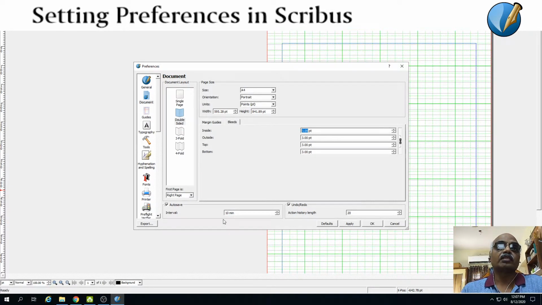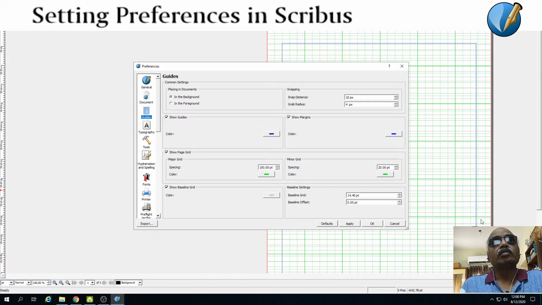And then autosave interval, again the default is 10 minutes. Ideally, if you are working on a large document and at a really feverish pace, you should reduce this to either 3 or 4 minutes, so that every 3 minutes the software will auto save your work, instead of you clicking the save button every now and then. The software itself will save your work. So the default interval is 10 minutes. If you are working at a very feverish pace, it's better you reduce the interval, make it 3 minutes or 2 minutes as per your convenience.